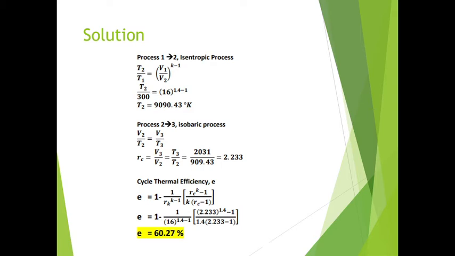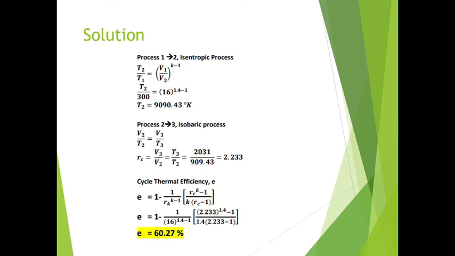So we have to solve for the rc, which is the cutoff ratio, which is V3 over V2, or T3 over T2, which is equal to 2031, which is the temperature, divided by 909.43, which is equal to 2.233. So since we have already the cutoff ratio and the compression ratio,